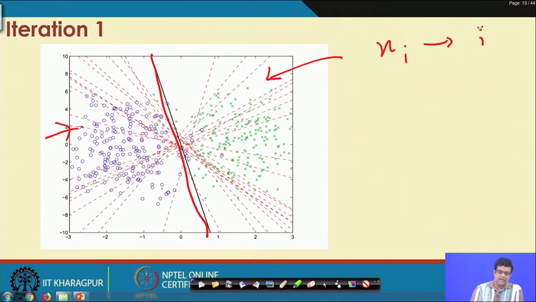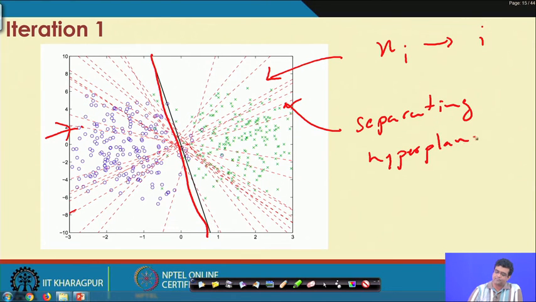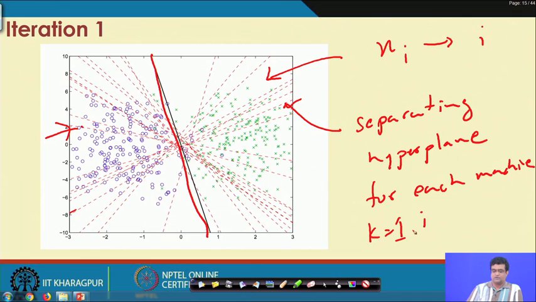And these dotted red lines are plotting the separating hyperplane for each machine i. And this is iteration 1, so your k is equal to 1.